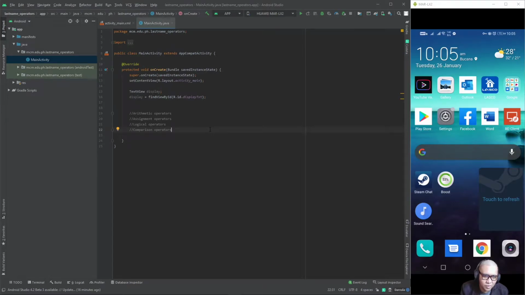There are four: addition, subtraction, multiplication, division. Now, programmers employed a new type of operator that is not commonly used on a daily basis,